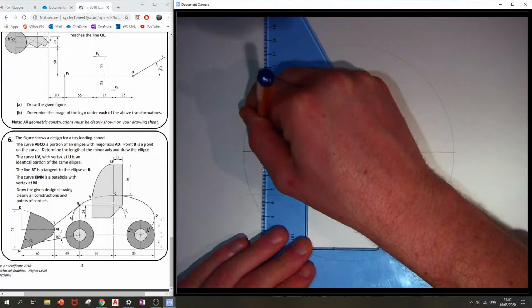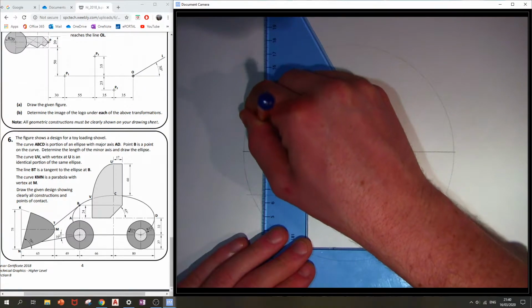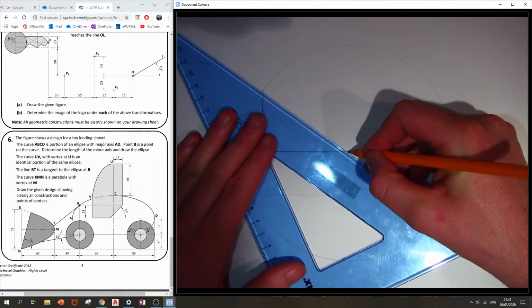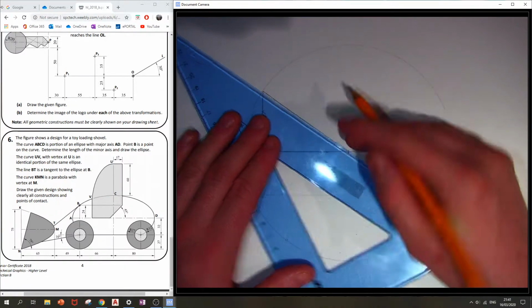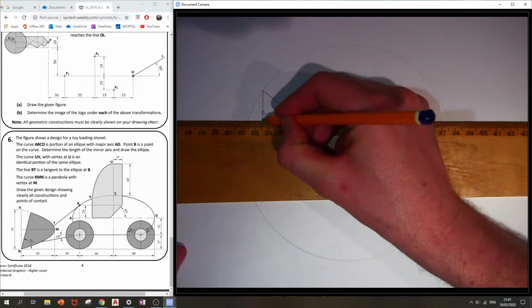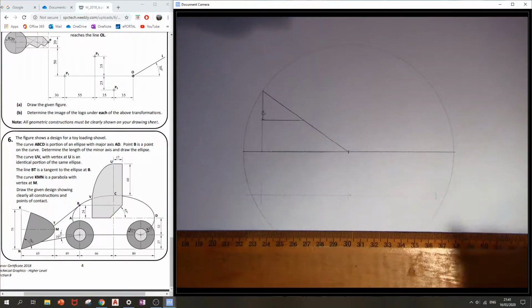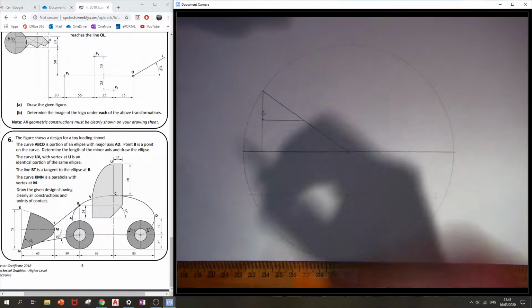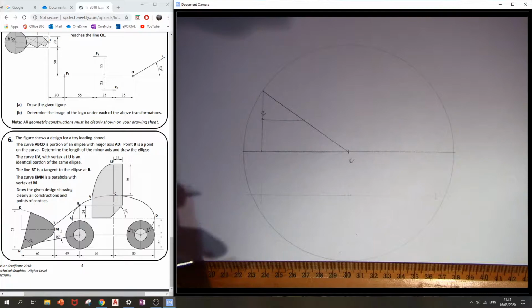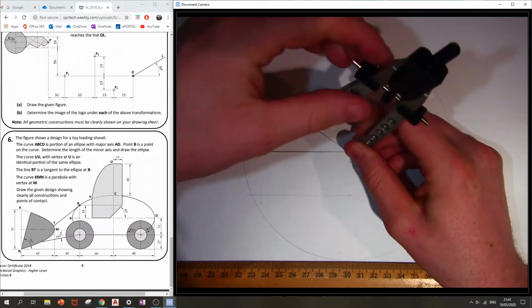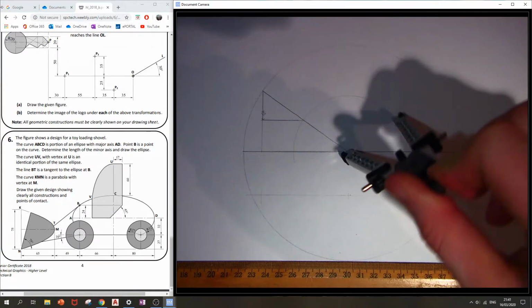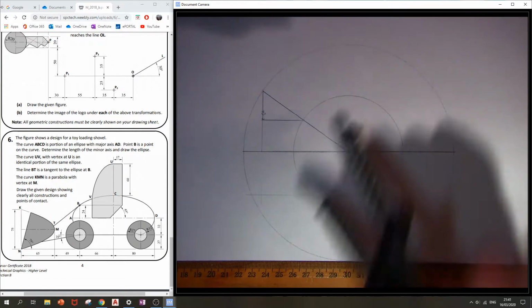If I bring my line straight up from B, okay, to where it hits the major axis, I'm going to join that point back to the center point, and I'm going to draw a horizontal line across from B until it hits that line, like that. Okay, now I know the distance from the center point, point C, to this point here is going to give me the length of my minor axis, which is also going to be the radius of my minor circle. Okay,